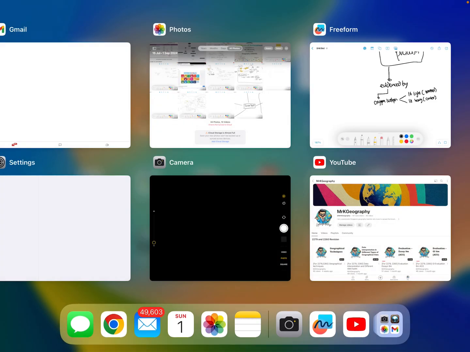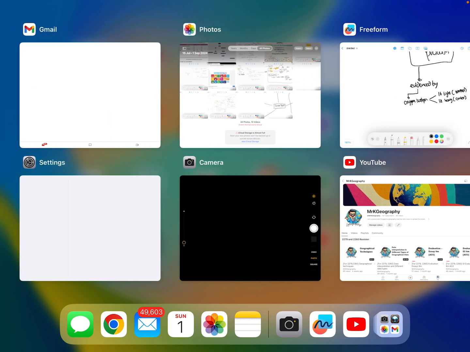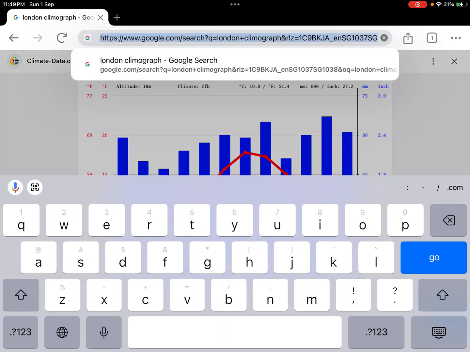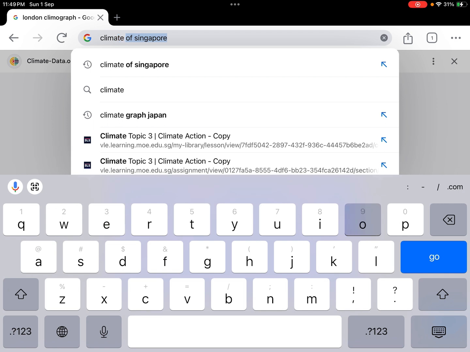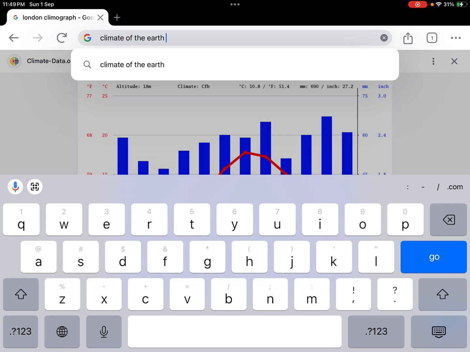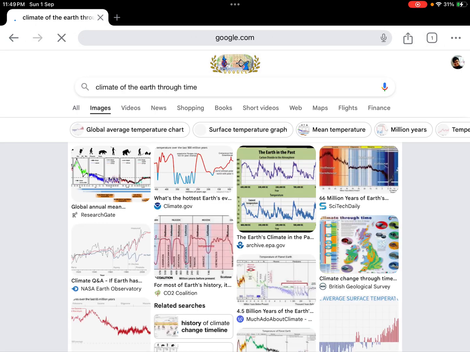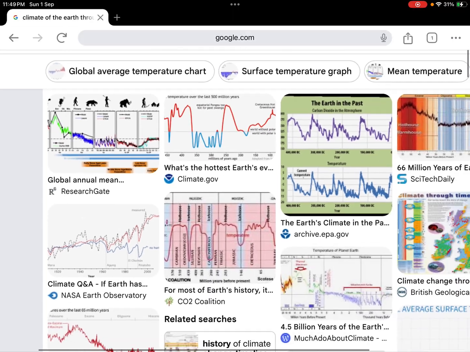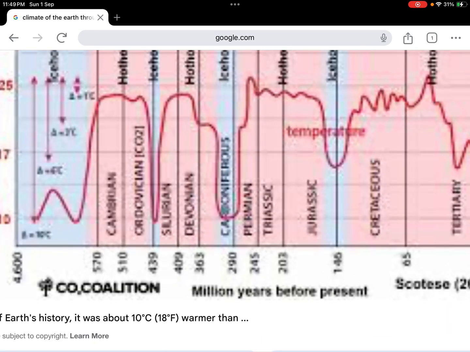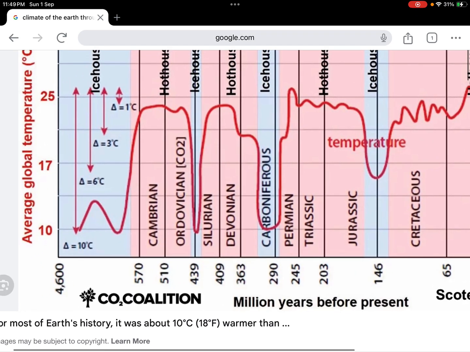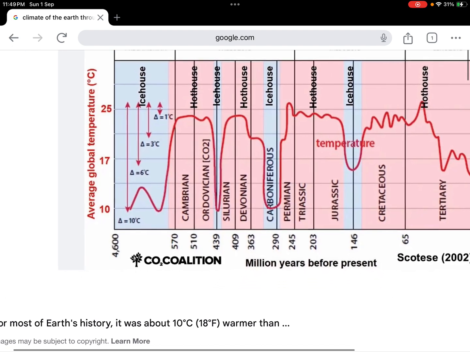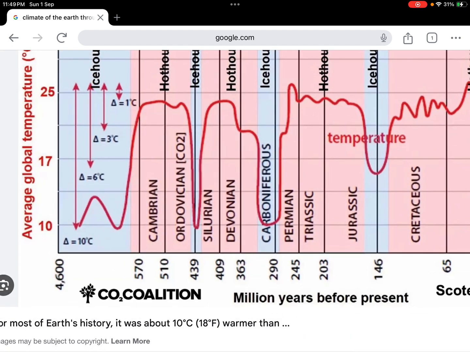show you the where is my Chrome? My Chrome is shut down. Okay, let's look at the Chrome, and let us just look at the climate of the Earth through time. Okay, so you can see over here, maybe let's look at this. Let's see whether we can understand this. Nope. Oh, we could. See, there are many